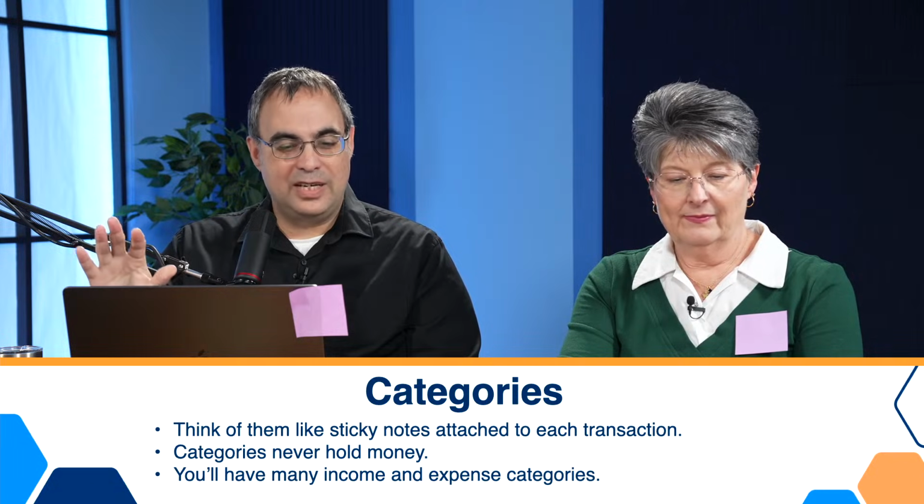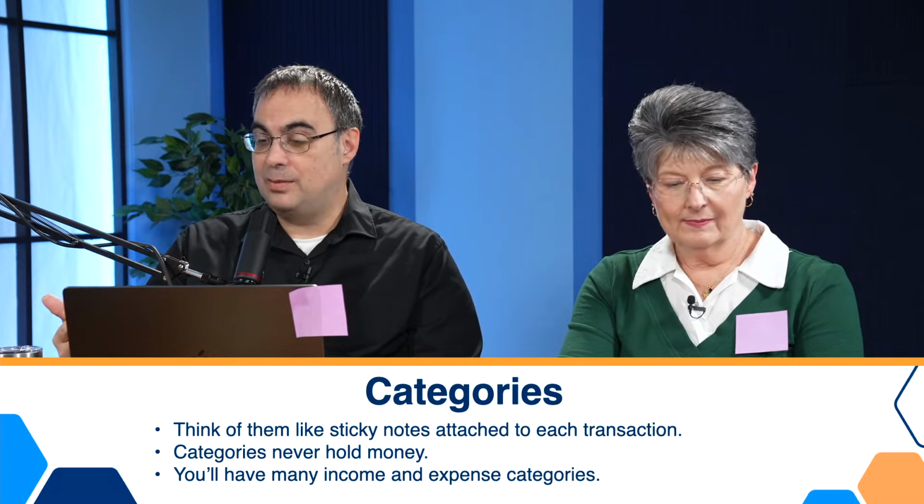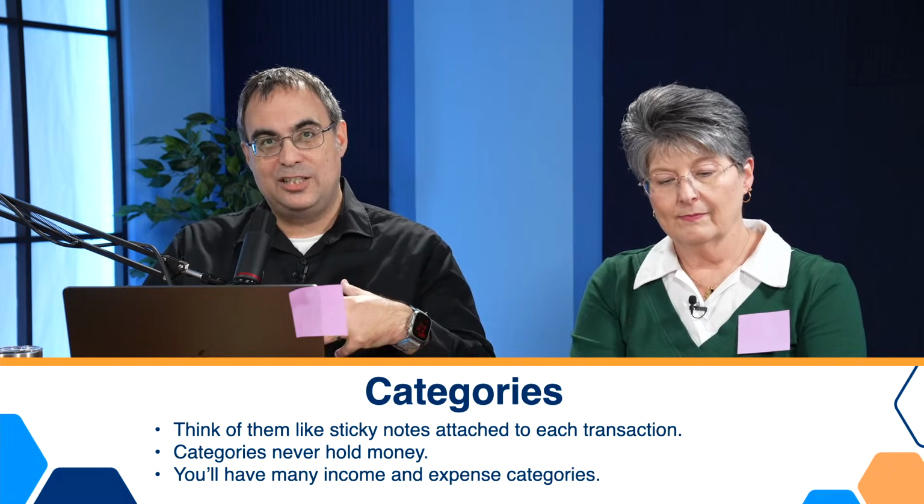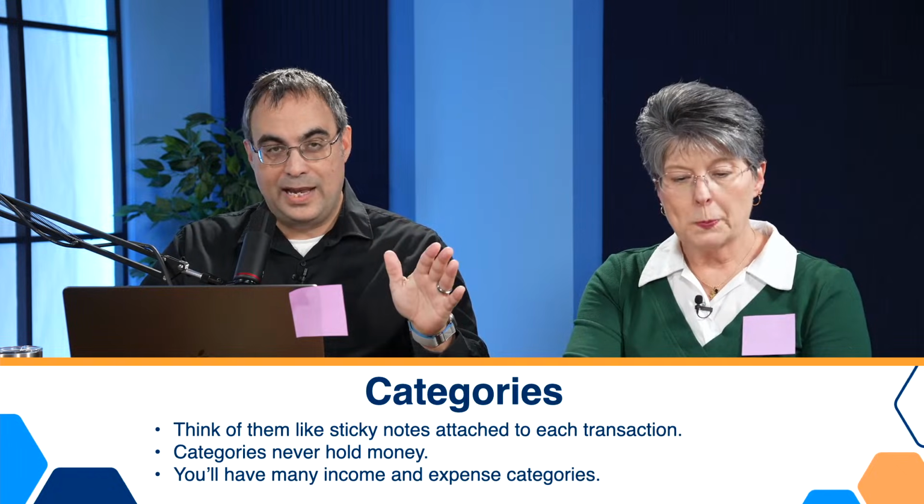Now, categories can also have subcategories to help you group similar items together, and you'll typically use income categories for money coming in and expense categories for money that's going out. Also, your budgets are built using categories. When you create a budget, you specify how much you plan to receive or spend in each category over a period of time. Yeah, a budget doesn't hold money. It's just a prediction of how much you think you'll get and how much you think you're going to spend for each category. So categories help you track spending and deposits, but they don't actually hold money.